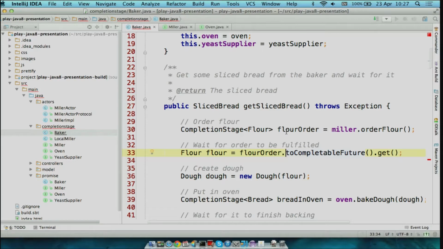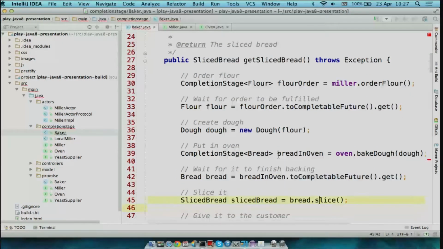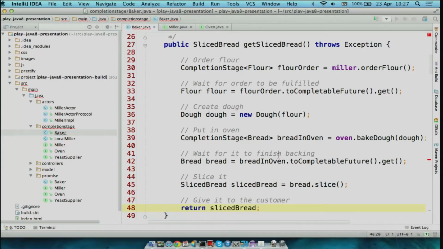So when you convert it to that, we can call get on it and we get our flour. Having got our flour, we make some dough, and then we give it to the oven, and the oven returns the promise for some bread. Again, we wait for that to happen, and now we've got our bread, and then we slice it, and so we've got our sliced bread, and then we can give it to the customer.